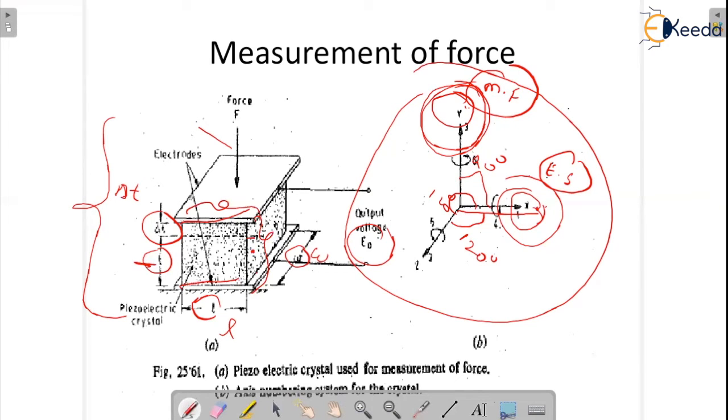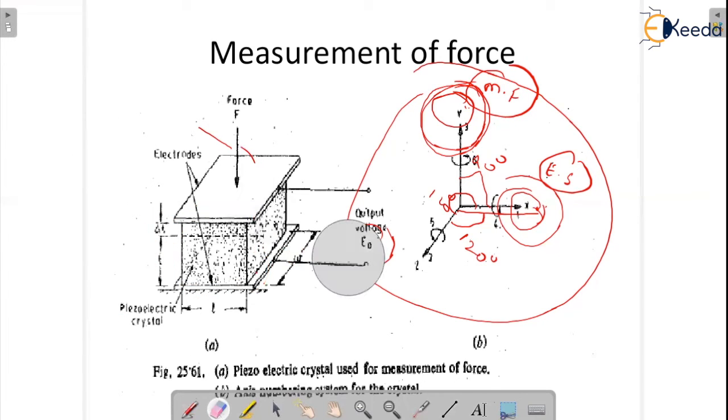Now I am going to explain in a detailed way the concept over here. What are the formulas that you are going to get when you are operating the measurement of force inside the piezoelectric transducer? That I'm going to explain in a detailed manner, my dear students. Before that, I'm going to erase what I told you over here, my dear students.